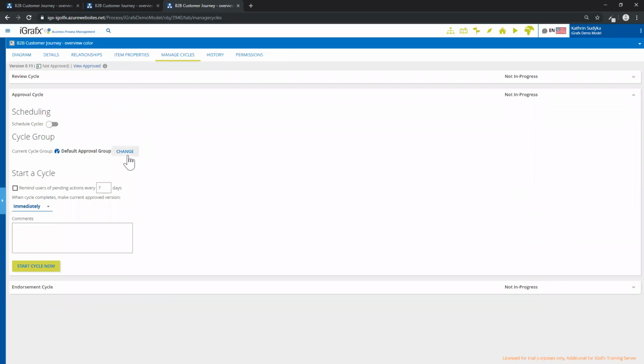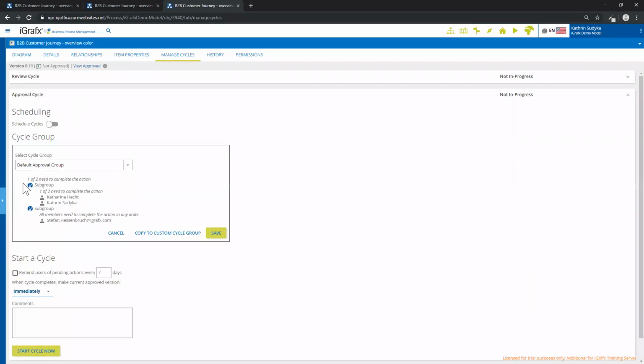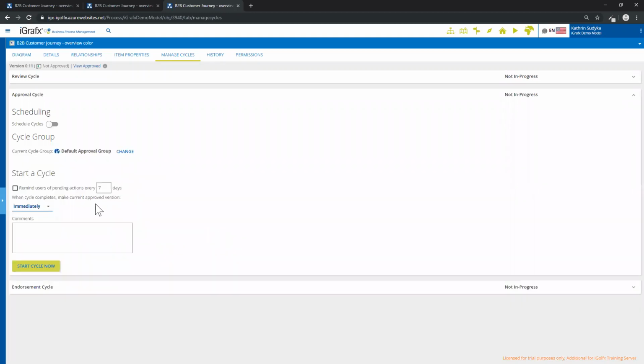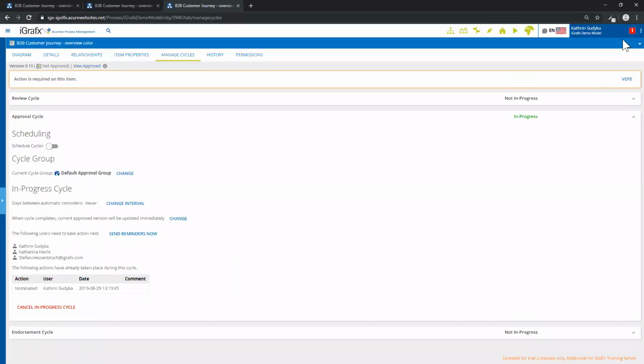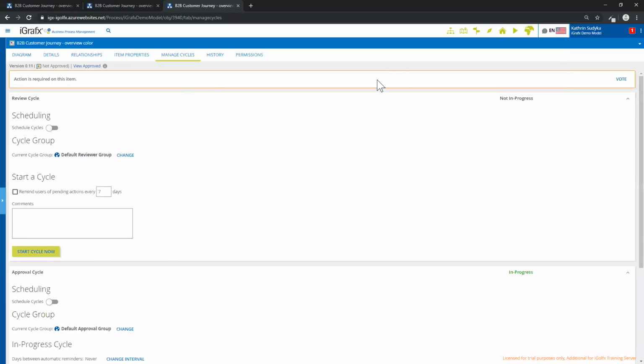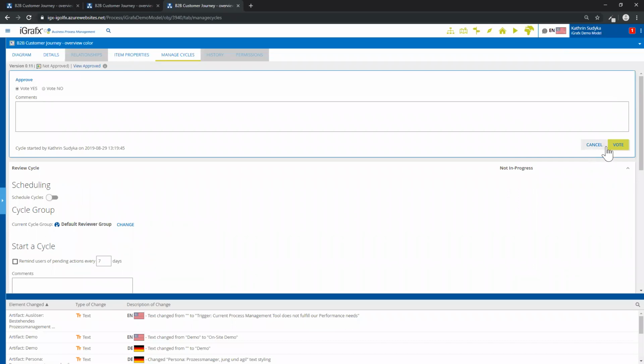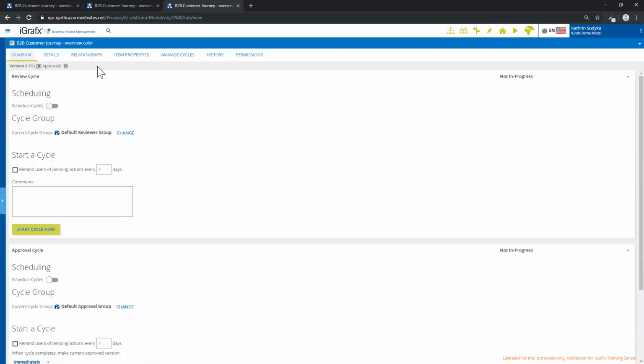So this is something you can do, and even say which group should approve it. You can also set a date if you put, for example, a new product into effect for a new journey. So this is something you can do anytime. And if I start the cycle, I also have my to-do here. I see it now on my list to really approve it. I can compare it as we saw before, give a vote, and have it approved in a new version,